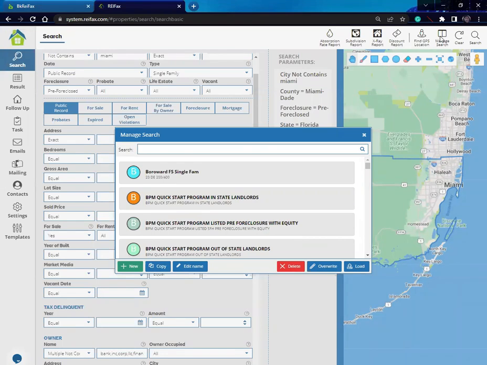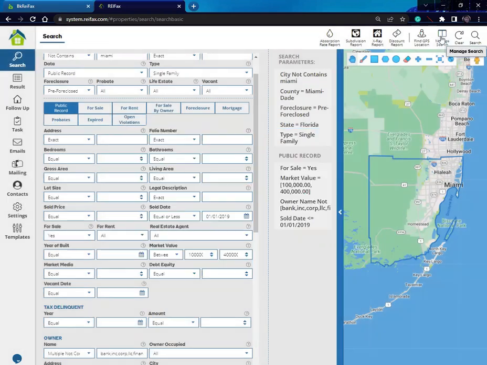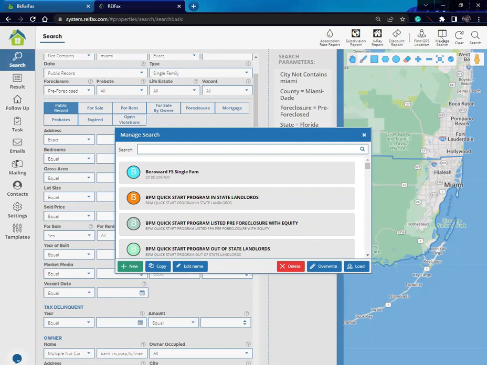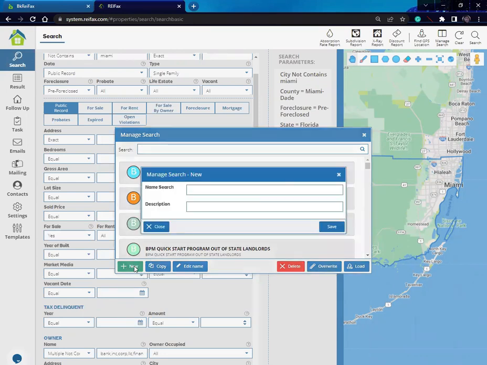What does this manage search do? It will save those search parameters exactly as I have them there. So I can next week come and just pull that search and do it again, just the same search as I had it before. So I have my search parameters there. I click on new, give it a name. So let's say pre-foreclosed